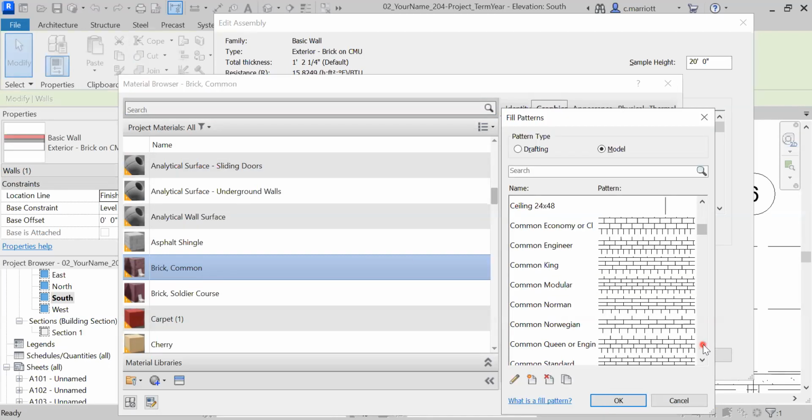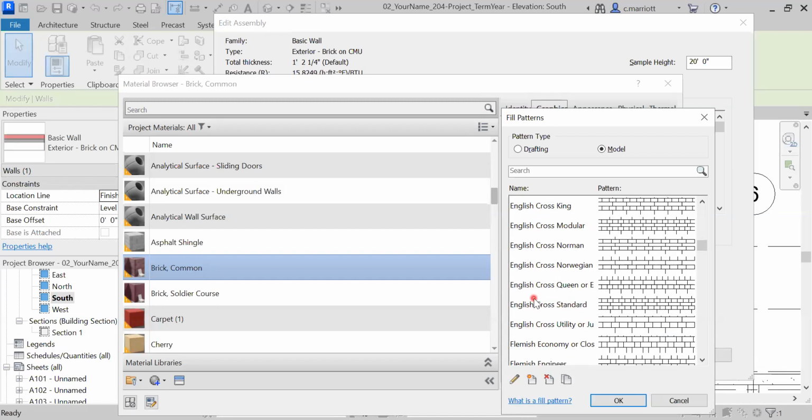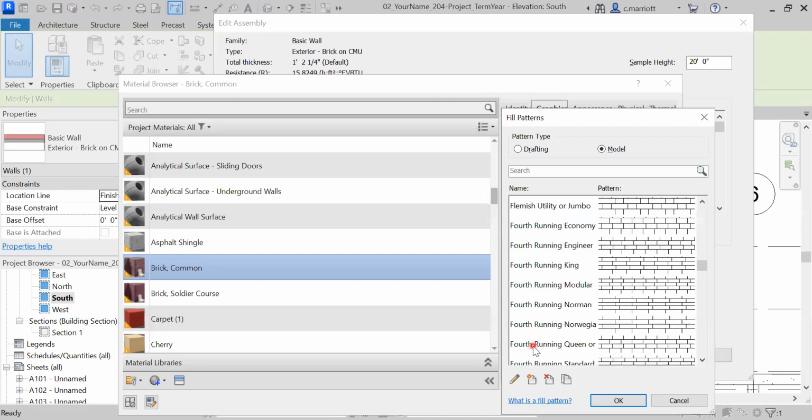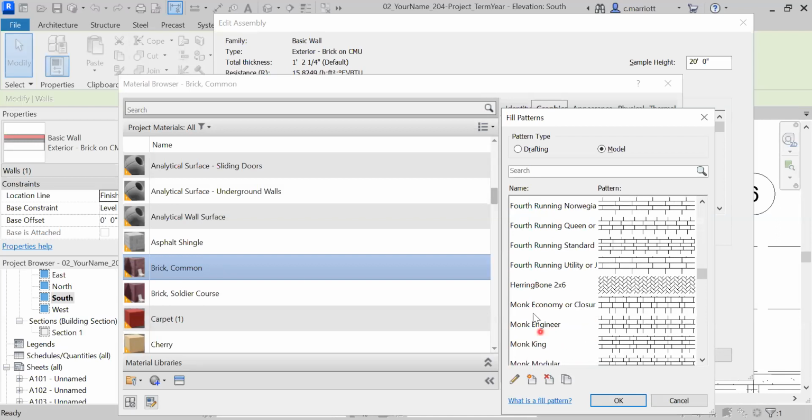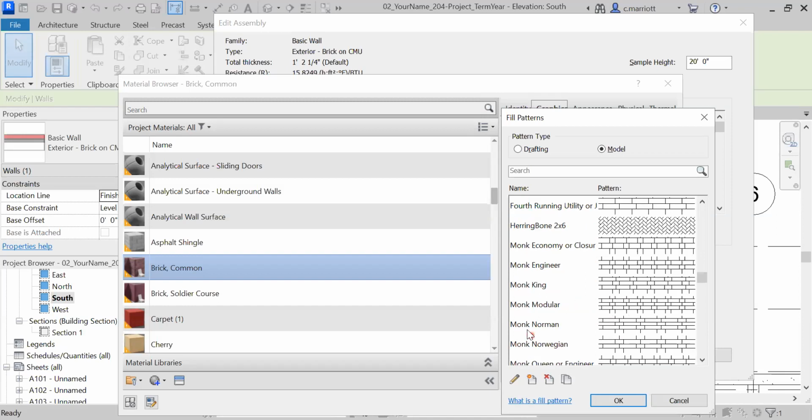And I'm going to start making some decisions. So what you need to do is choose one of these. And I recommend that you use the modular brick size, but it could be the common, it could be the English, the Flemish, the fourth running, probably not the herringbone. I think that, I'm not sure if that came in with the file, the monk bond, and again,